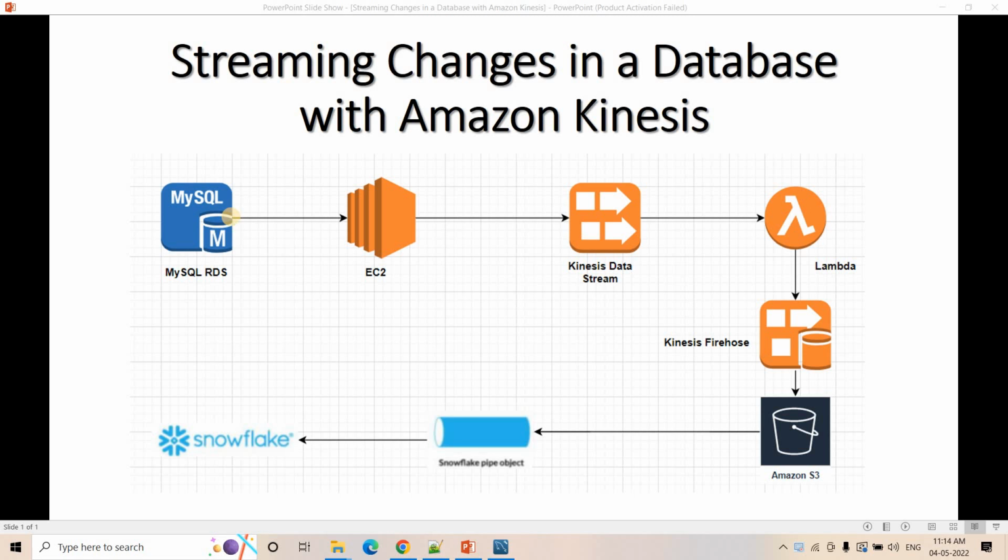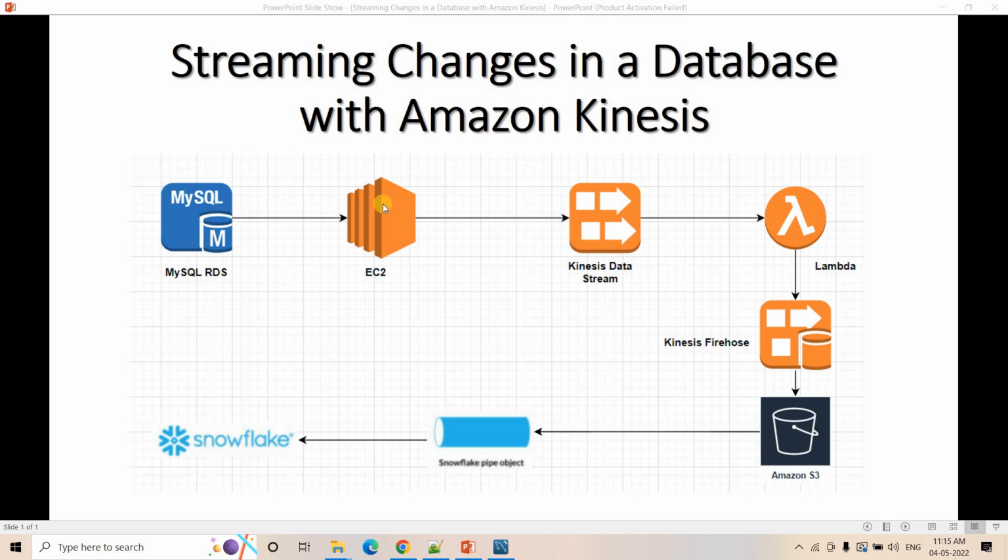Okay, and the problem statement is you have to capture the changed data. That process is termed as CDC, or change data capture. That is nothing but a software process that identifies and tracks the changes to data in a database table. That's all. So as soon as in your MySQL database some insert, update, delete happens, the event should be flown to S3. And from that S3, using Snowpipe, in near real time, the changed data can be loaded to Snowflake Cloud